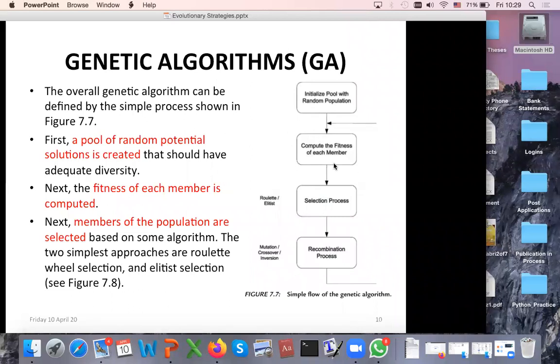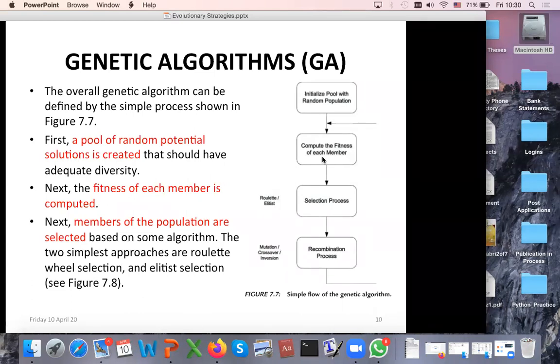And now the second step is we have to compute the fitness of each member. So this is step number 2, and here we have to use some measure or equation or whatever to calculate the fitness of the members that are lying in this population. And the selection of this equation to calculate the fitness of members may vary according to your problem. You can simply use some mathematical equation like x square and x cube or whatever. So it depends on your problem.